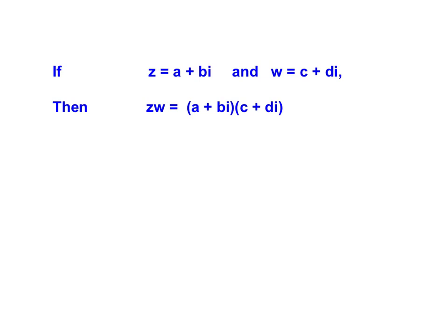Now this next slide is really just looking at the expansion of 2 complex numbers, and it's the same as the foiling process, just like I had x plus 1 times x plus 2. So I'm going to multiply everything in that first bracket by everything in the second bracket. Now I've substituted in, and I'm going to go ahead and do the multiplication. So I get ac plus adi